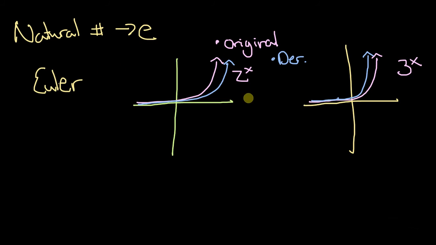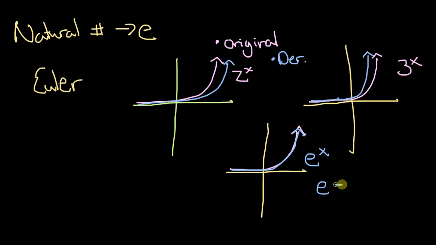And he said, well, that's very strange. So he tinkered around a little bit and discovered that there was a certain point, which is known as the natural number, or e, or Euler's number, in which, let me draw this out, if we take the original and we take the derivative, you can probably see where this is going by now, it gives you the same value. And this was known as e to the power of x, and e is approximately equal to